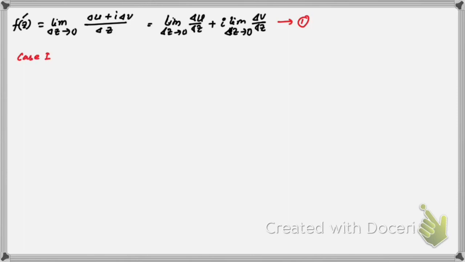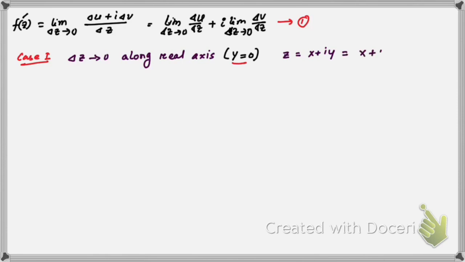Now case 1: as delta z tends to 0 is independent of path, let me take any path. Let me take the path of the real axis, that means along the x-axis. So delta z approaches 0 along the x-axis, and the equation of the x-axis is nothing but y equal to 0. Hope you know these things. Then z is nothing but x plus iy, and as y is 0, putting y equal to 0 we get z equal to x. So delta z is equal to delta x, and delta y is 0. Using these results in equation number 1,